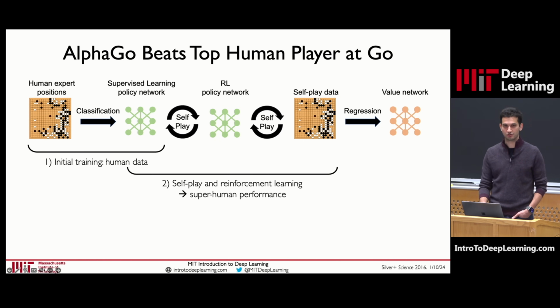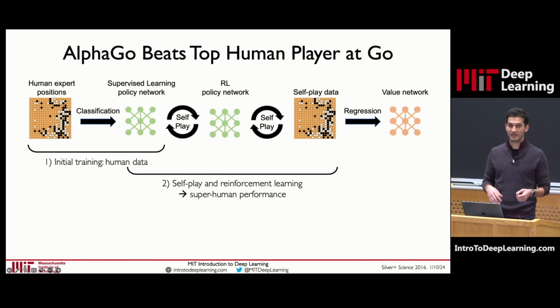The next step is to use those pre-trained models that were learned by watching humans and actually now play them in a reinforcement learning fashion against each other, right? So it's this idea of self-play that you can now take two models that have some very basic idea of how to play the game of Go, and you put them against each other, and they play the game of Go against each other, and the one that gets the reward is going to be the one that wins the game. And you're going to increase the probability of all of the actions that the agent that won,